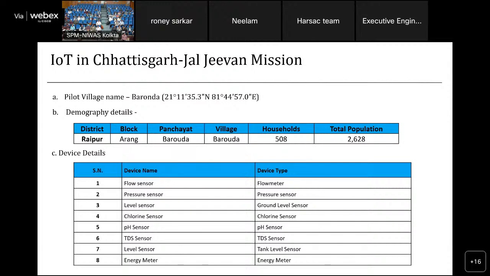तो पायलट विलेज हमारा बरौंडा है जो रायपुर डिस्ट्रिक्ट में है सर, उसका आरंग ब्लॉक का है। 508 हाउस होल्ड्स हैं, टोटल पॉपुलेशन इज 2628। वहाँ पे सर हम 8 प्रकार के सेंसर यूज कर रहे हैं। फर्स्ट इज फ्लो मीटर, फ्लो सेंसर यूज कर रहे हैं सर, देन प्रेशर सेंसर, प्रेशर मीटर इसके लिए यूज हो रहा है, देन लेवल सेंसर, ये हमारा वाटर टैंक का लेवल बताता है। क्लोरीन सेंसर, क्लोरीन हम लोग अभी केवल इसी पॉइंट पर ले रहे हैं जहां से हमारा ट्रीटमेंट के बाद आता है। देन पीएच सेंसर, टीडीएस सेंसर, लेवल सेंसर एट दैट टैंक लेवल, देन एनर्जी मीटर, एनर्जी लेवल।